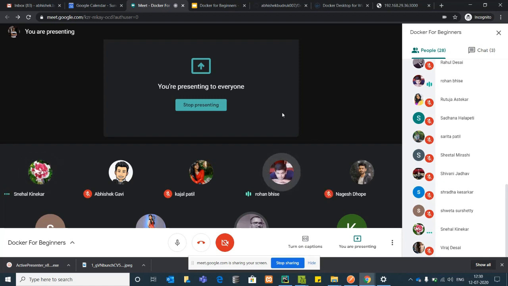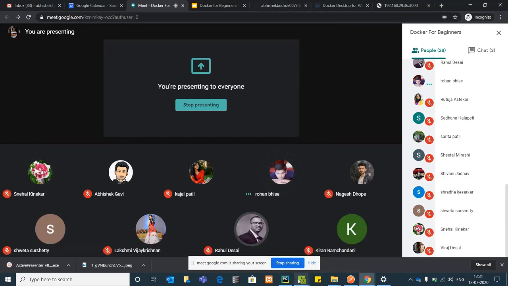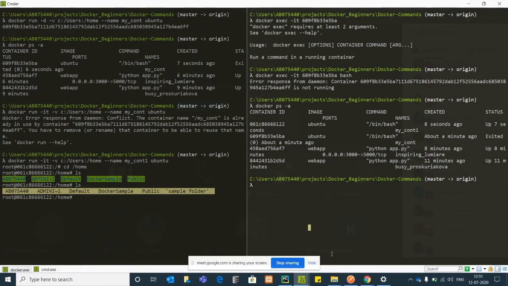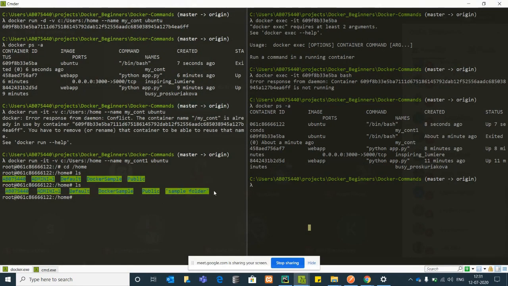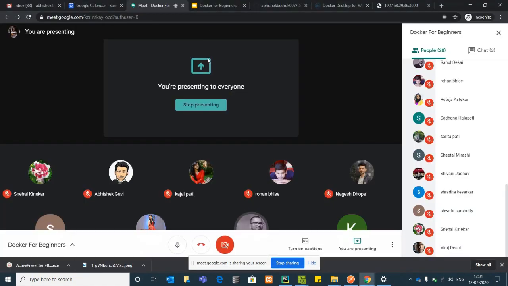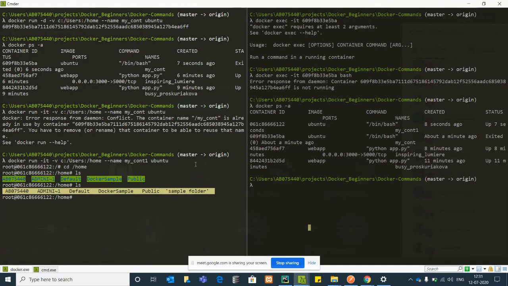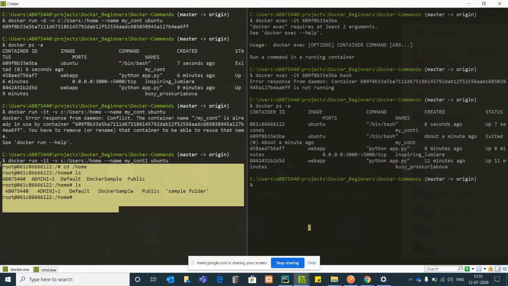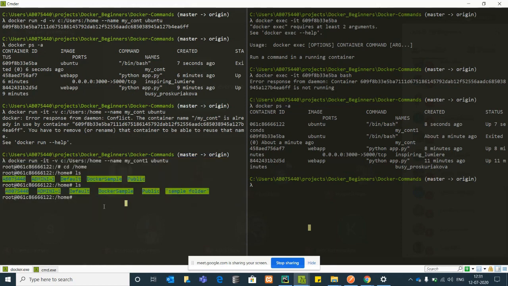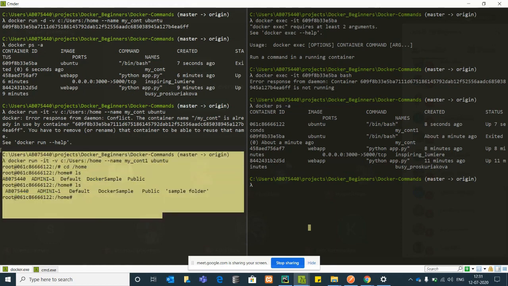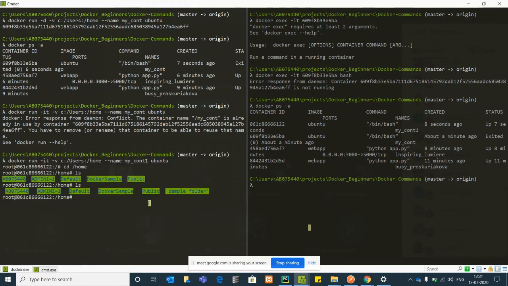Yes. So this particularly solves your question. Now you can see 5 files. That means your user folder is mapped to the folder inside the Docker container. So even if you stop this container or the data gets deleted over here, it will be present in your user folder.